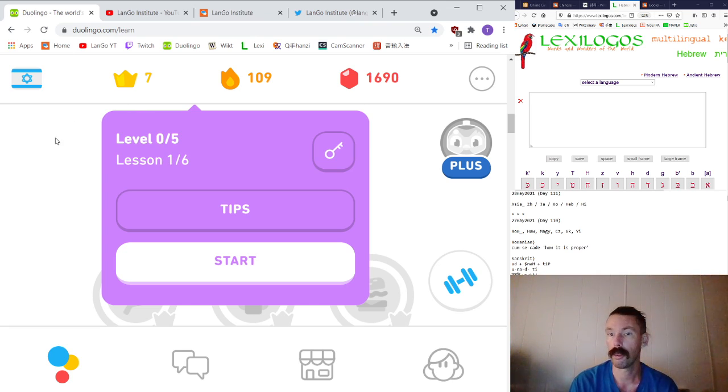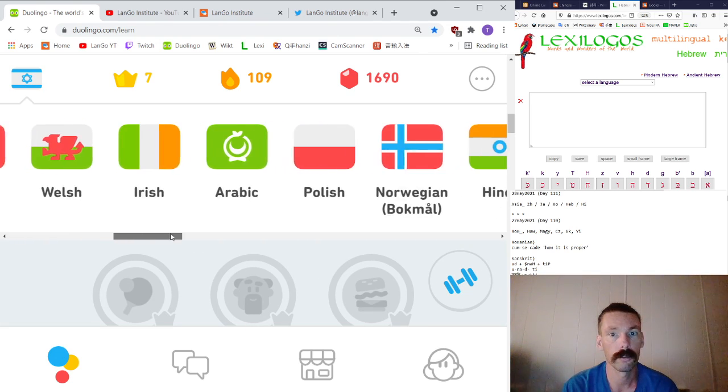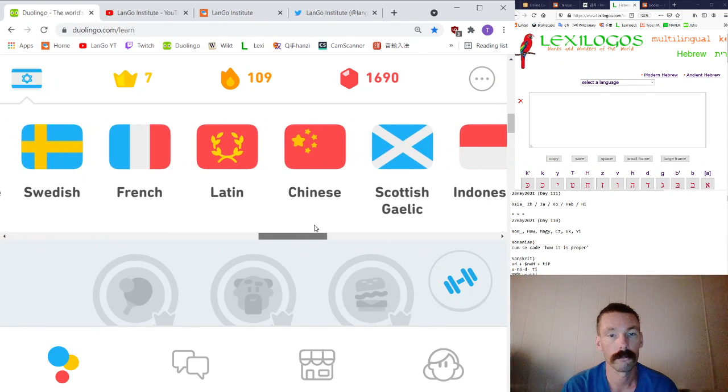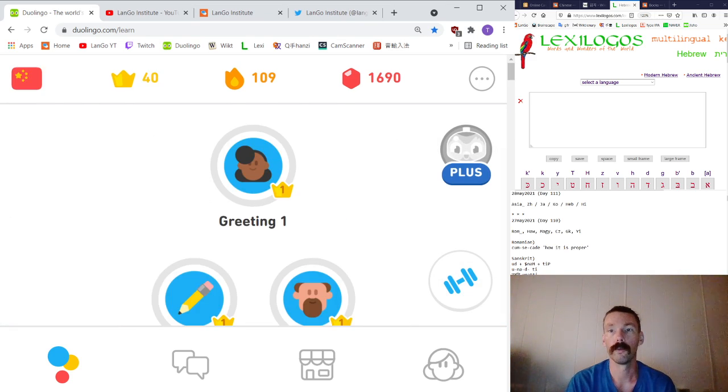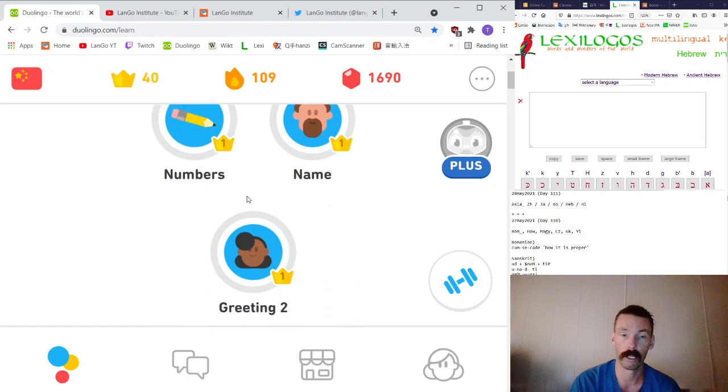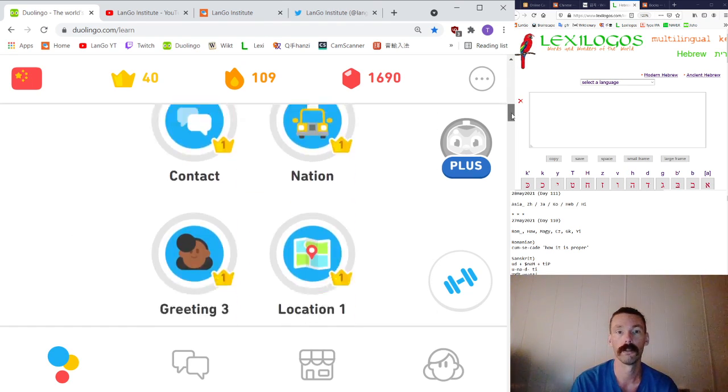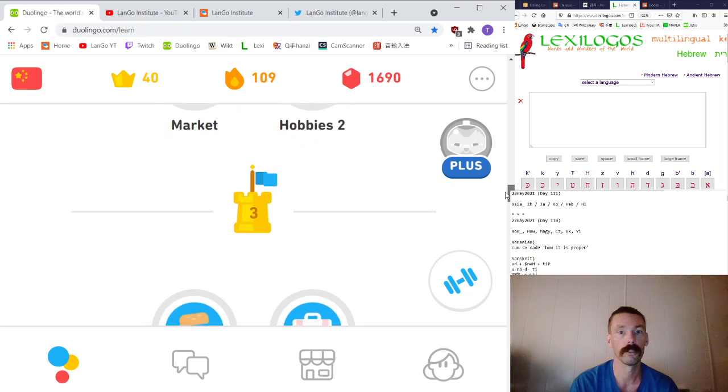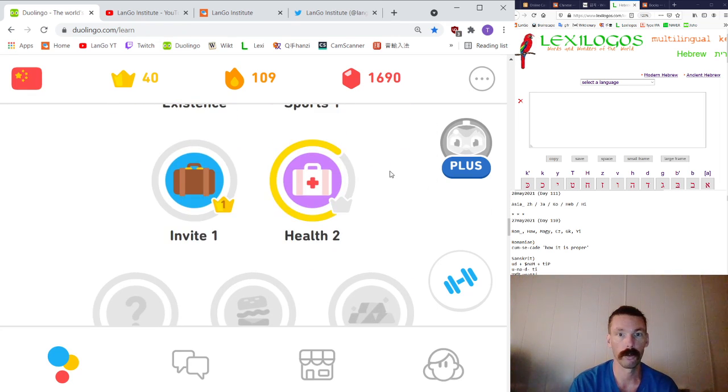Okay, so our theme that I have set for today is languages of Asia in the broadest possible sense, starting at the southwestern corner with Hebrew. Let's go over to the far eastern part of the continent with Chinese. So with most of the languages here on Duolingo, I'm still in the beginning stages, but Chinese is a language I've spent a lot of time studying since 2005. Gotten to know my way around a little bit. Please don't think that I just picked this up in a few weeks. I have not.